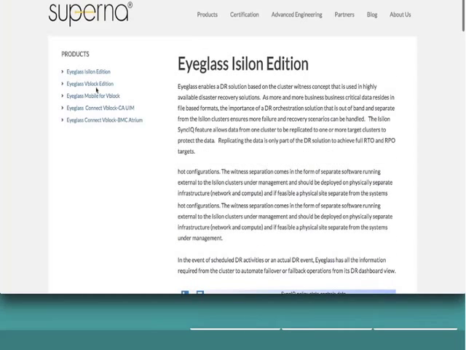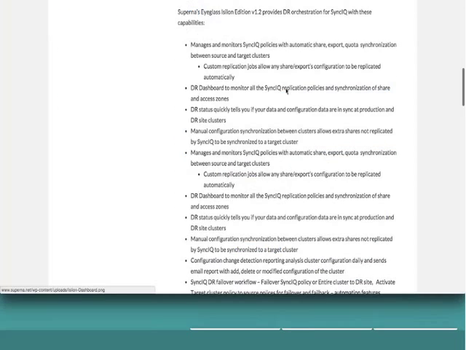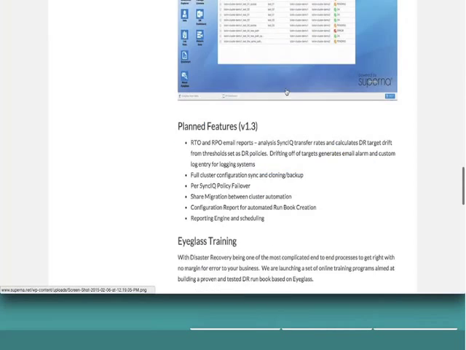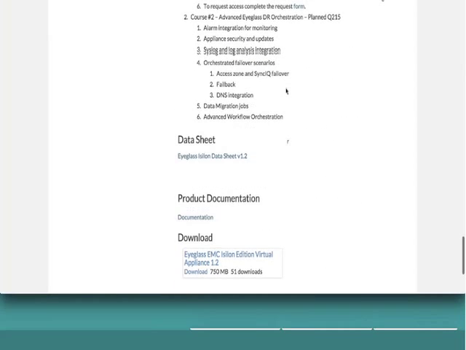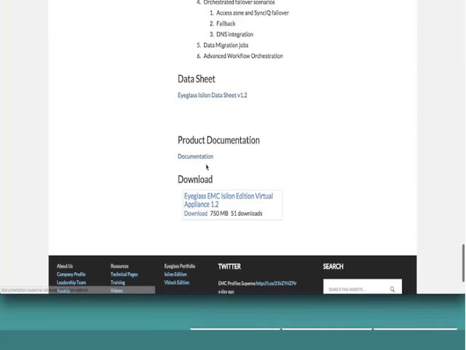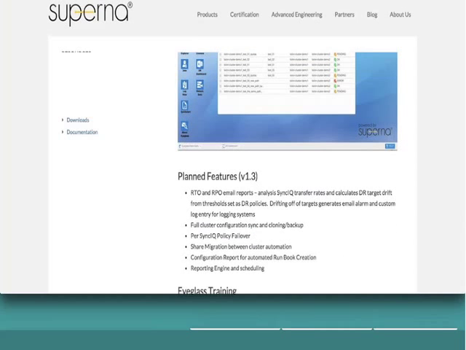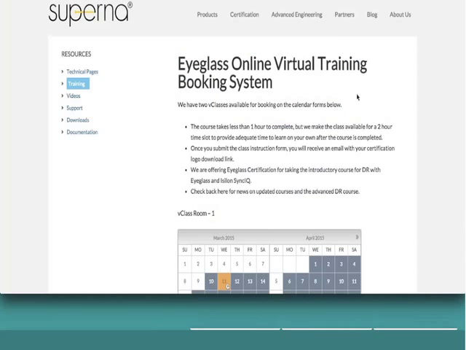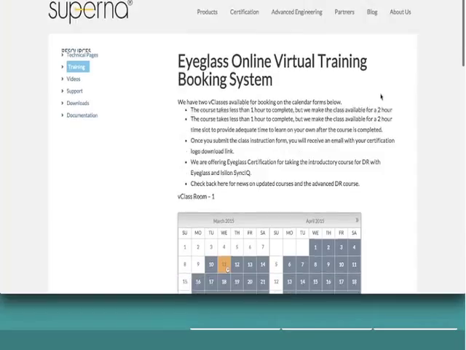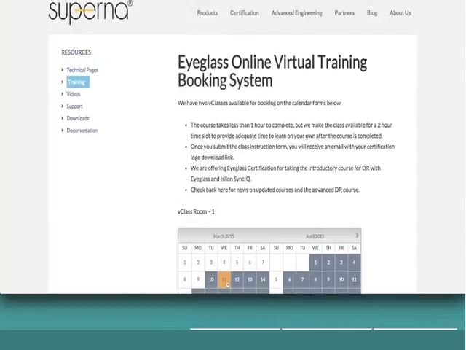One last thing, a couple things I can leave with everyone is, anything new or useful, of course, is on our product landing page. Downloads of the appliance data sheet and so on, product documentation is online. But the other thing we wanted to point out was if you want to get your hands on it and try it out, this URL at the top, the Eyeglass Online